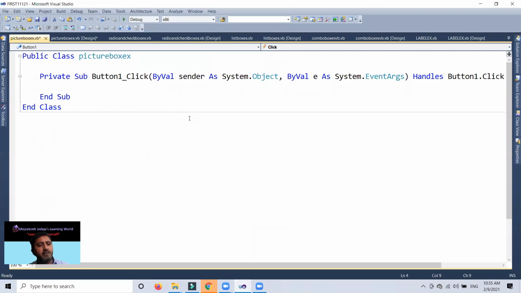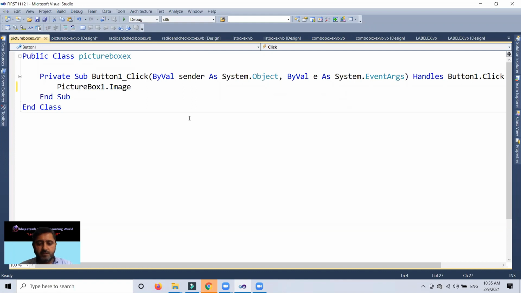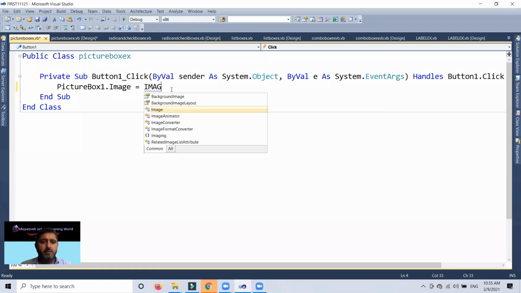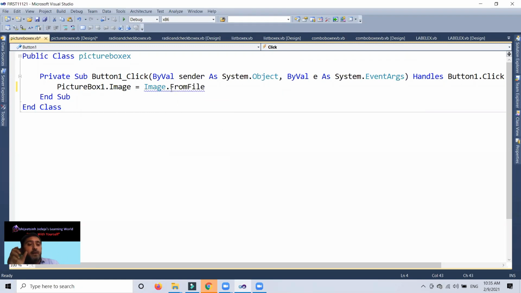On the button's click event, it is a simple single-line code: PictureBox1.Image, which is a property that I already showed you, equals Image.FromFile. What do you mean by FromFile? The meaning of the FromFile method is where you want to call the image from.